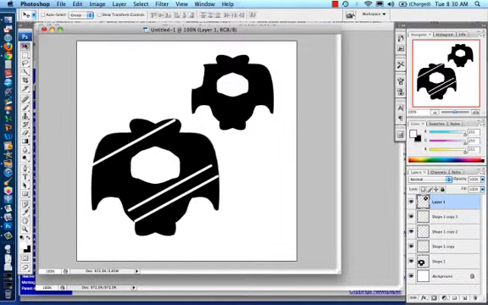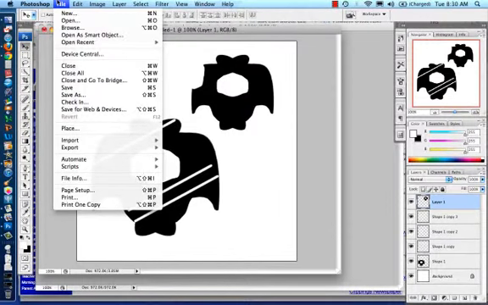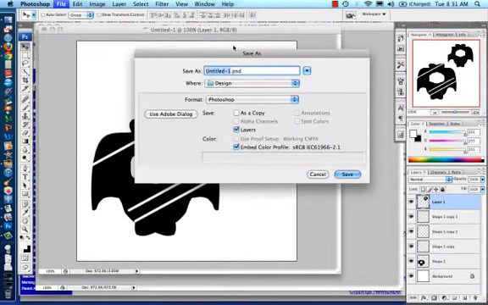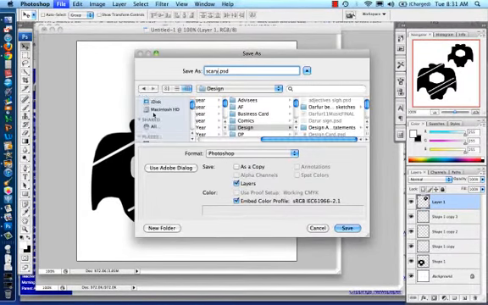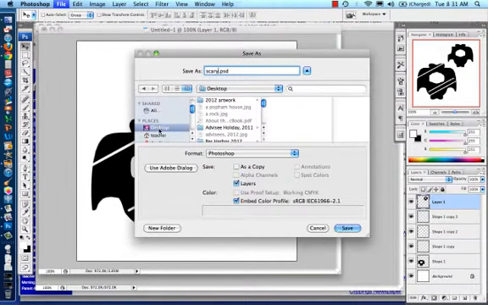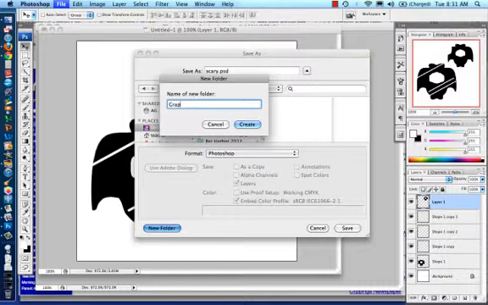Okay, last thing is saving. You want to make sure you save your Photoshop document, which will save this as a PSD, which stands for Photoshop document, which saves all of the layers. It is a large file size, but you want to save things like this as you're working. So save, title this whatever adjective you're working on, maybe scary. Notice the PSD extension, keep that. And if I were you, I would make a folder on your computer called graphic design,